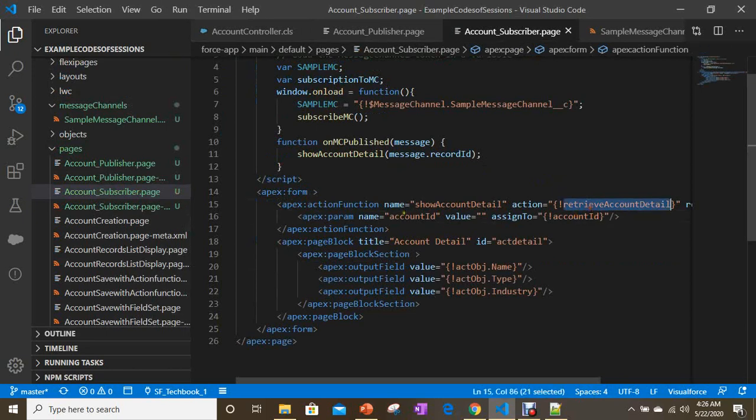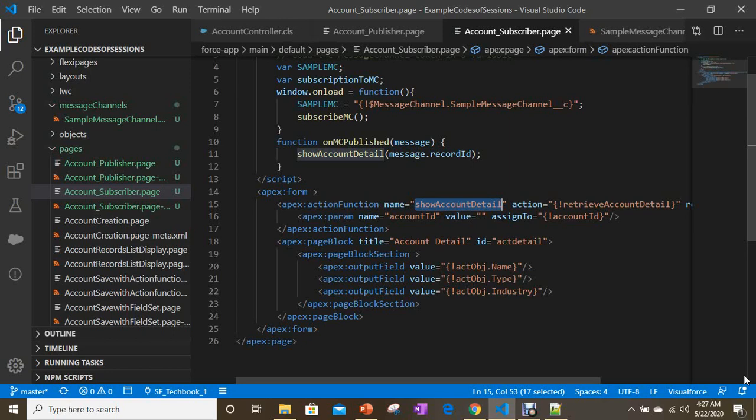So once it calls, how am I passing this data, whatever value I am passing? I pass this data to a variable or property in my Visualforce controller, assigned to account ID, and the name of the param is account ID, value just like this. So whenever you use param, you don't need to pass the value here. It will take this value automatically with the help of show account detail, which you defined as the name for the action function.